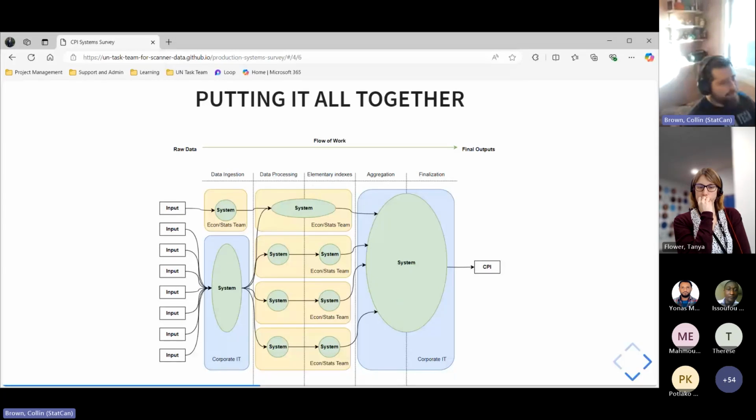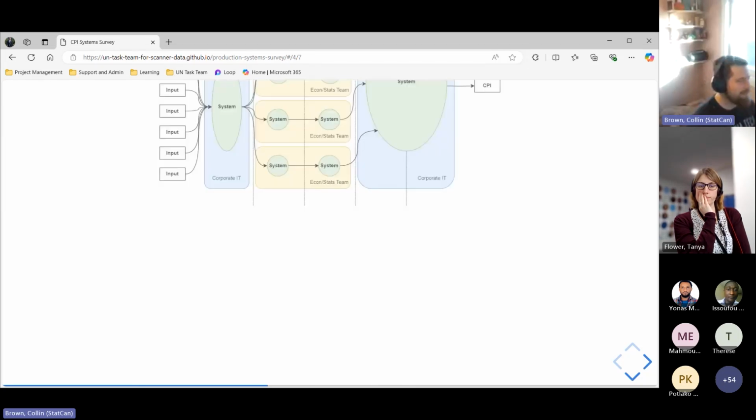Okay, so we talked about a lot of these diagram components. So kind of what's the point of that, and what are we trying to achieve with that? What the point of all of these components is, is our attempt to sort of have a universal way through diagrams to describe and characterize your CPI system. So what I'm about to show now is an example of what this could look like for an organization. Everyone's organization is going to look different, but it's just meant to put into practice and hopefully anchor it to something concrete. So in the next few slides, I'll go through each part, like ingestion, processing, elementary aggregate or elementary indexes, aggregation, finalization, and how these relate to the concepts we just discussed.